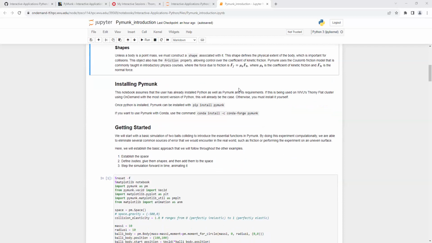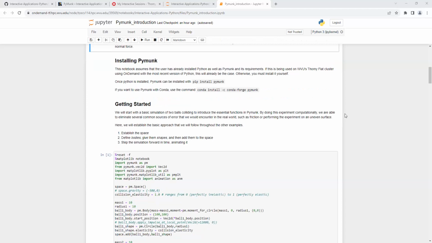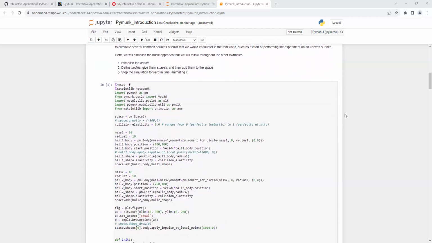if you're using this not on the cluster, which is probably what you'll want to do, we're only really using it here for convenience so that we have a common system to show this off. However, it's a straightforward process. You can simply use pip install, or if you're using conda, you can use conda install, which will handle all that stuff for you. Okay, so